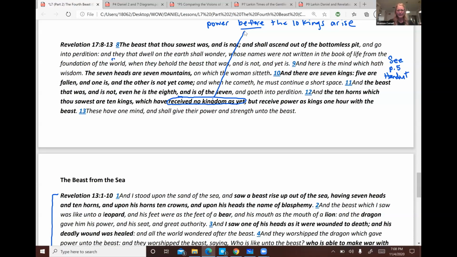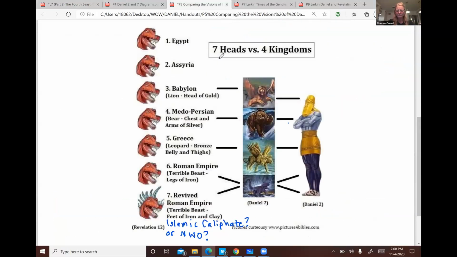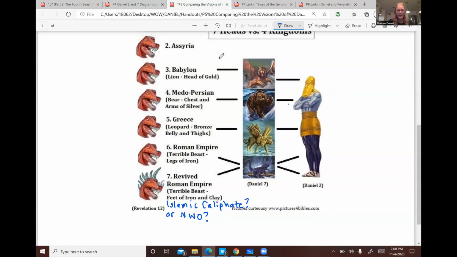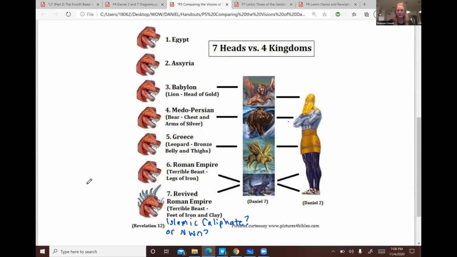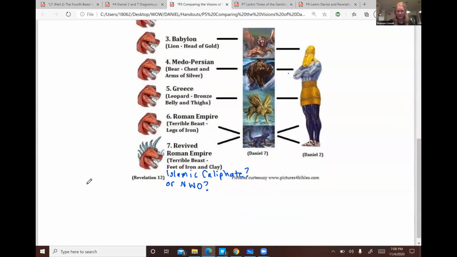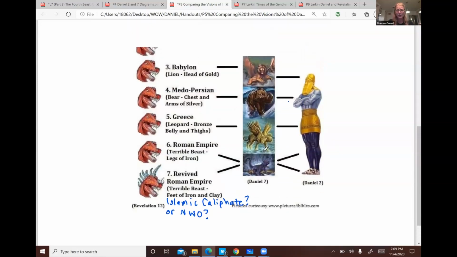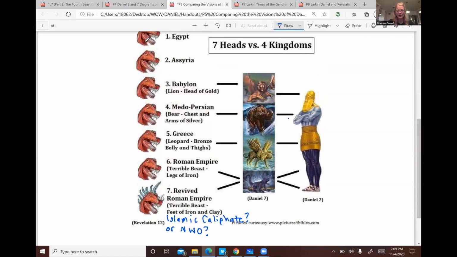So if we take the perspective of John, who was under the Roman Empire at the time that he received this vision, one possible explanation is that the heads or the mountains or the kings or the kingdoms represent these successive empires that have ruled over Israel over time. We've already made a connection between the 7 heads and Daniel's 4 visions, but also if we look at the great enemy nations over Israel, we have to backtrack a little bit and go all the way back to Egypt.